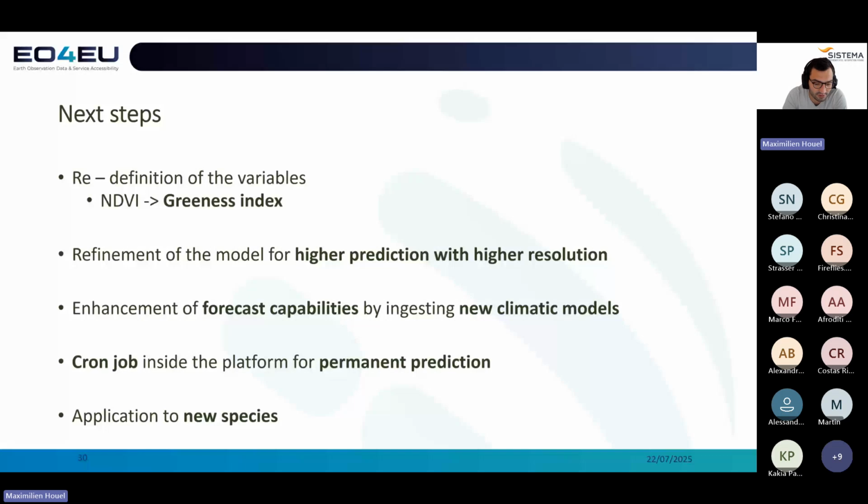Then we are considering refining the model for higher prediction with higher resolution. As Alessandro was showing, we are considering this threshold at 0.9 to 1 because we want to focus more on the 90% where we are the most confident, to make sure that when we give this information to potential decision makers, we are not leading them to areas where we are not extremely confident that it's suitable for the desert locust. So we have to refine the model in order to go in that direction and to reach as much as possible what the FAO is providing with ground control operations, which is exact coordinates of where we could have